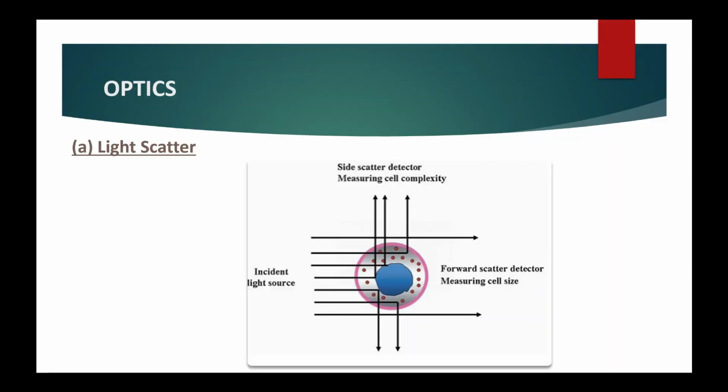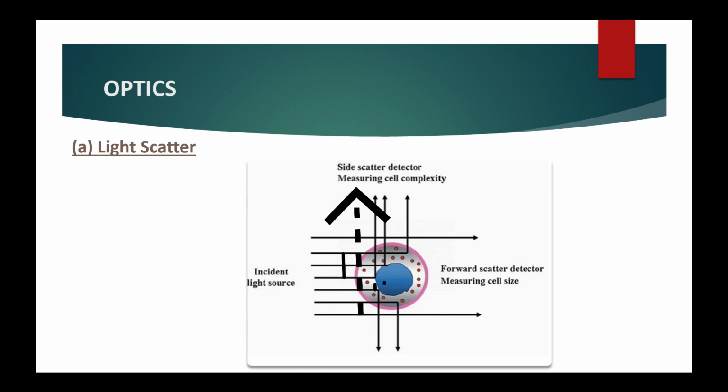When light from a laser interrogates a cell, the cell scatters the light in all directions. Light that is scattered in the forward direction, that is along the same axis the laser is traveling, is detected in the forward scatter channel. The intensity of this signal has been attributed to cell size and refractive index, that is membrane permeability.